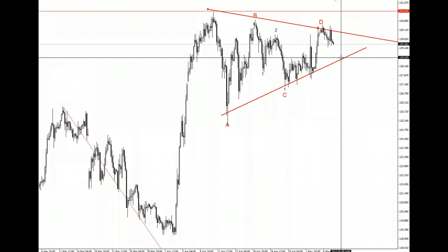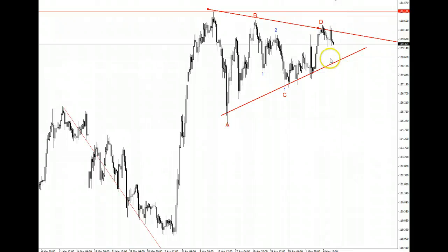You want to see how the market reacts on into this level. If it gives us any indication of any price action rejection from here, we might have a squeeze upwards. But if we could also continue to just make an E leg in here, then squeeze back up higher slowly,